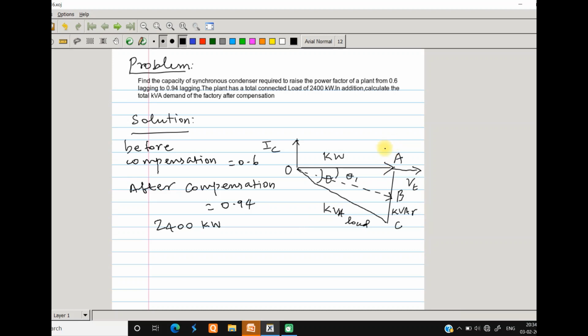So this is going to be our 2400 kilowatt. Here the load we don't know, so we need to find out what that is, and also the reactive power which needs to be supplied. This we also need to find out. At first the active power consumption is going to be 2400 kilowatt. The initial kVA demand